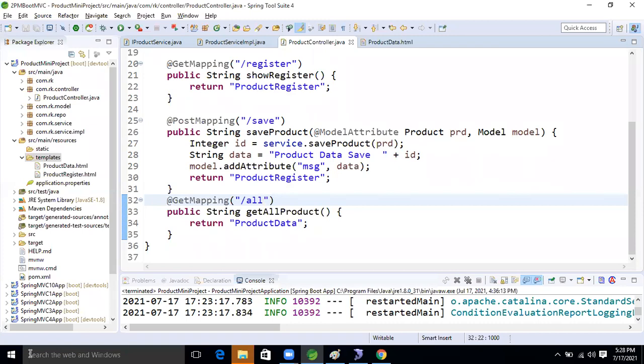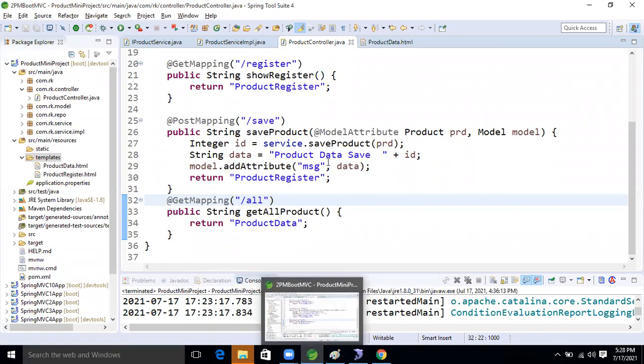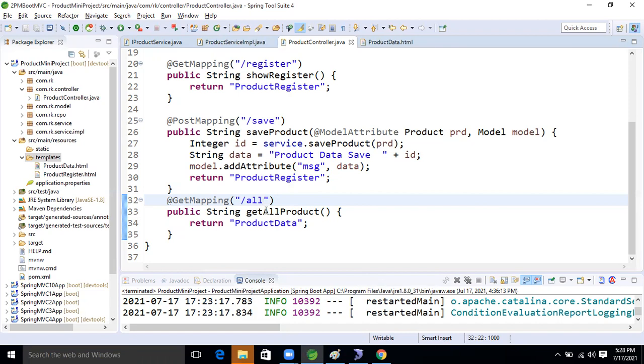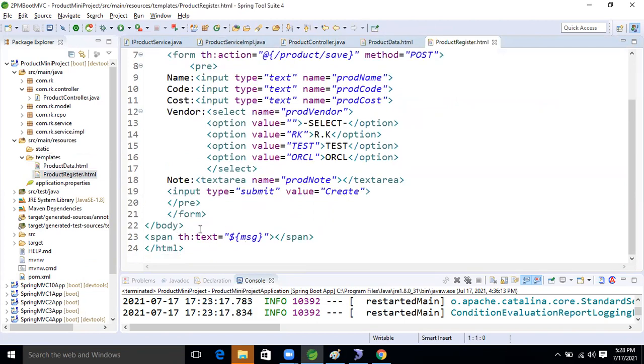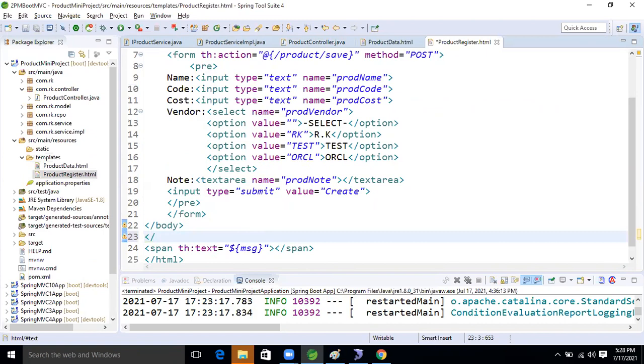So here what will we do now? First, where we will click on this all button, come to our product class. Here only we will specify one link. So here I'm going to take a BR, break the line. After that, I'm creating one anchor tag, guys.